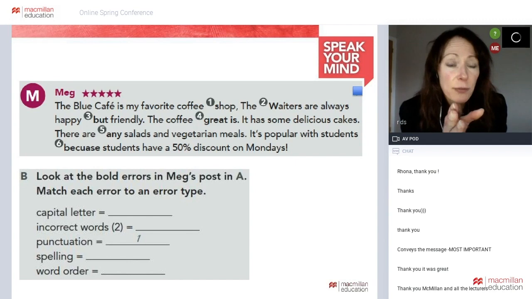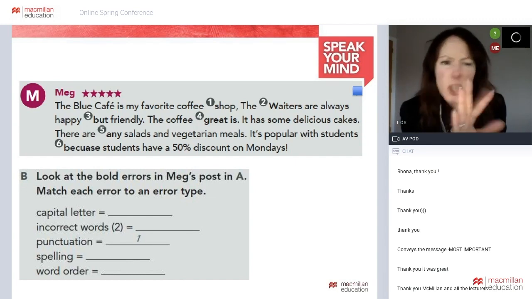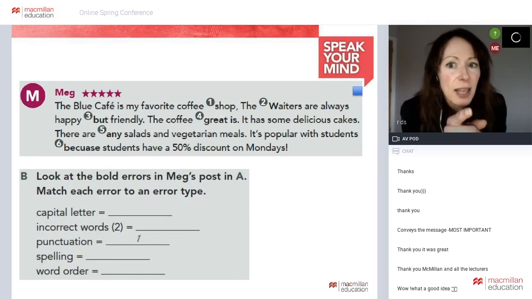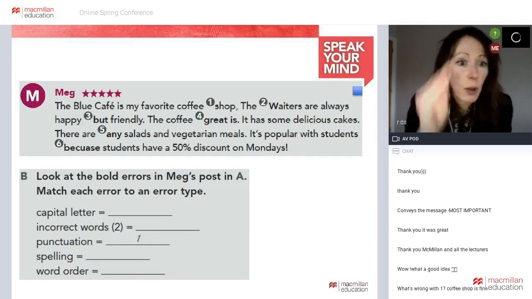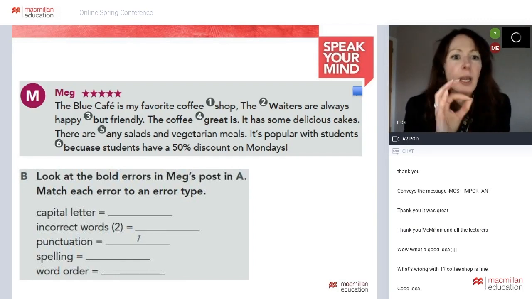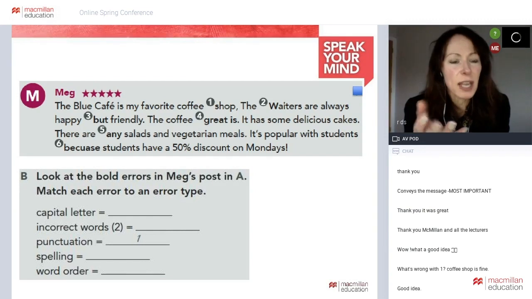It's a model for students to follow, and it's not perfect. It's got 5 errors in it. We don't need to do this task. You can if you want. So the errors are highlighted there because we don't want to waste student time, class time. We just want to get on. Here are the errors. Match them with the 1, 2, 3, 4, 5 errors in B. It's a great writing activity there, just to highlight